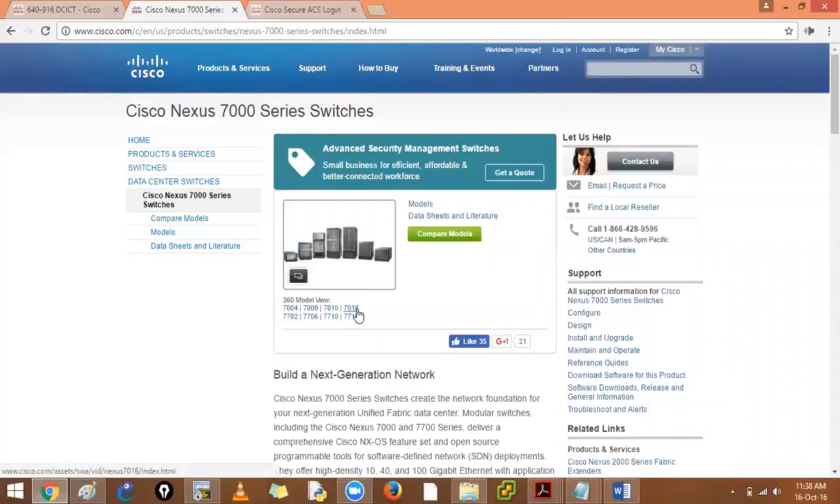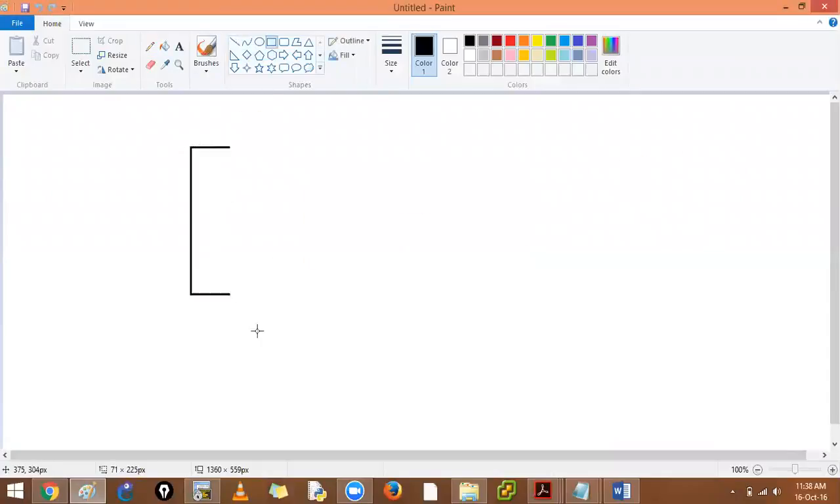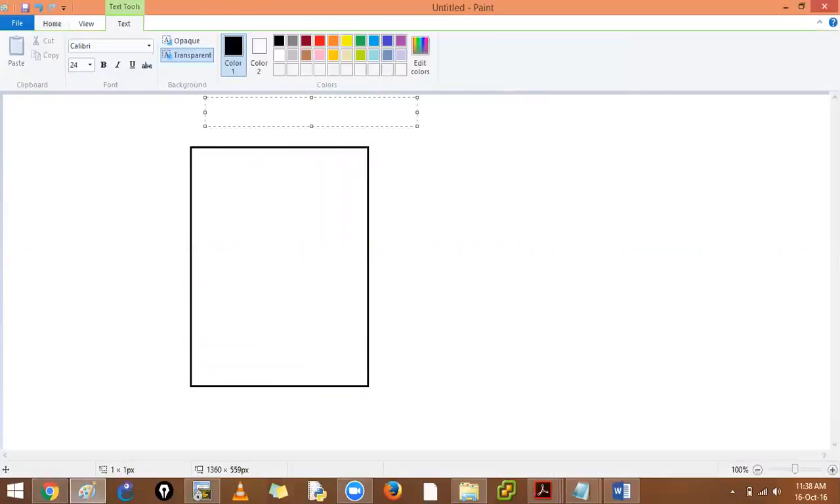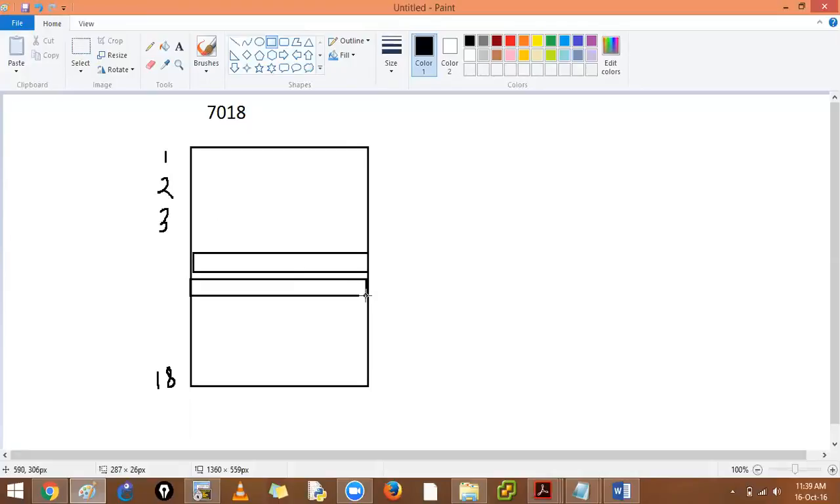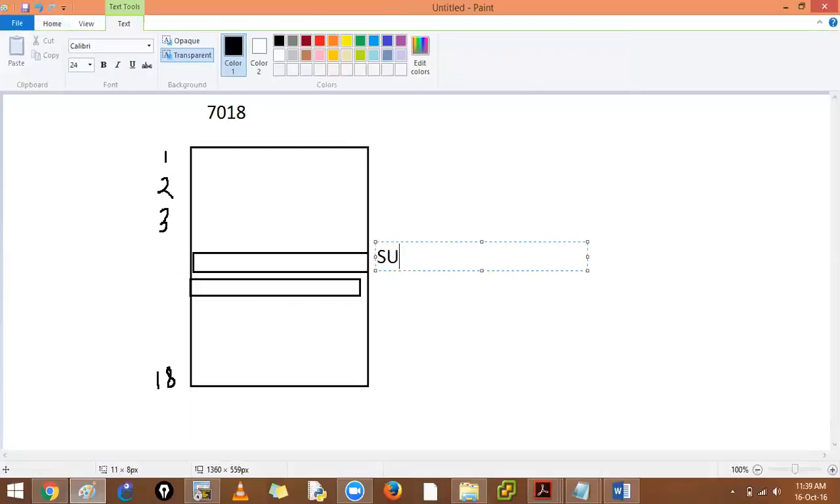For example, if I say 7018, it means this chassis box is 7000 series 7018, and in here you will have 18 slots. Here you will have 1, 2, 3, 4 going till 18. So 7000 series first generation with 18 slots inside it. Inside 18, there will be at least 2 devices, two slots over here. That depends on your module. That will be controlling your chassis. Now, actually, it's not controlling the chassis. These 2 devices are the brain of your device. This is your supervisor